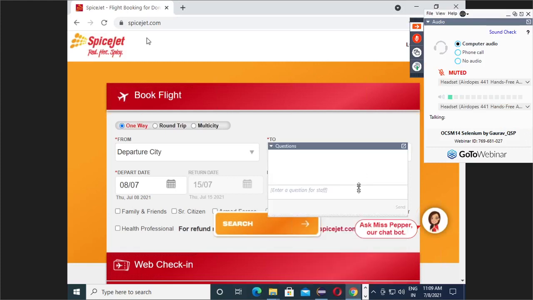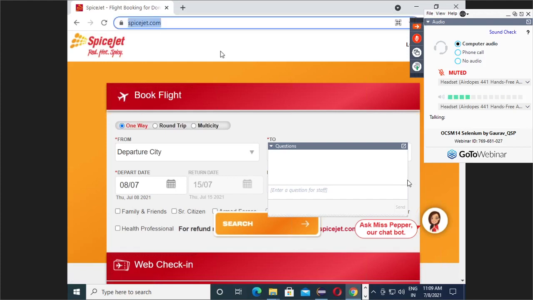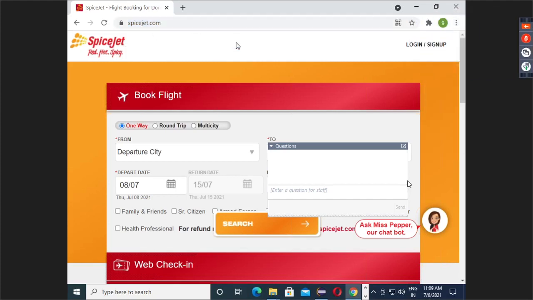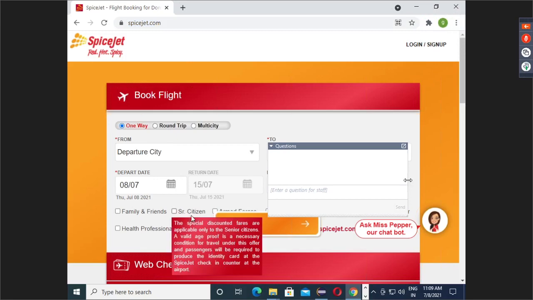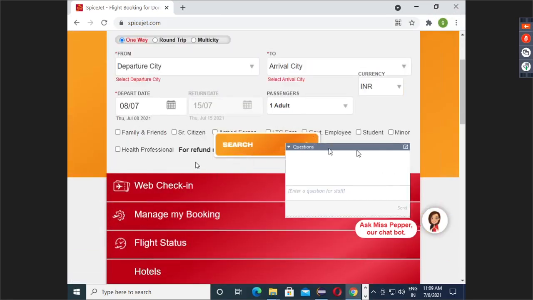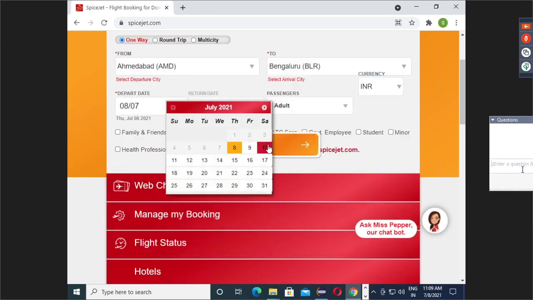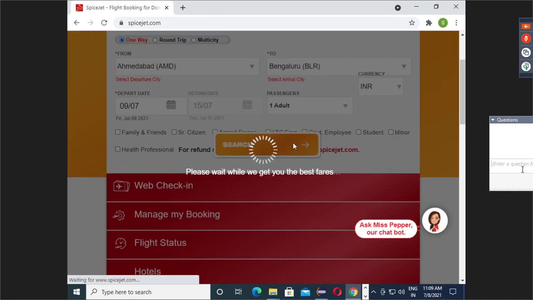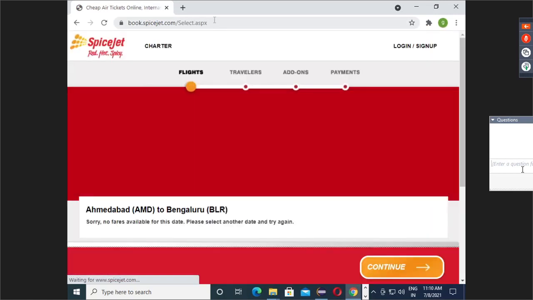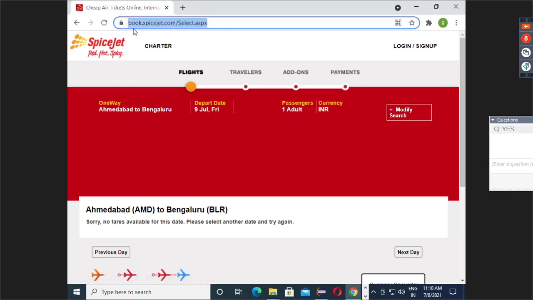Then, guys, what we need to do? Let's assume I want to capture this URL, whatever URL is present in the URL field. Because guys, see, if I search something, as soon as you search something, are you able to see the URL is changing? Guys, can you see this? The URL is changing.